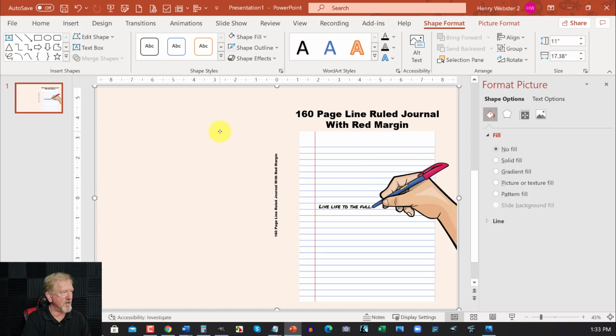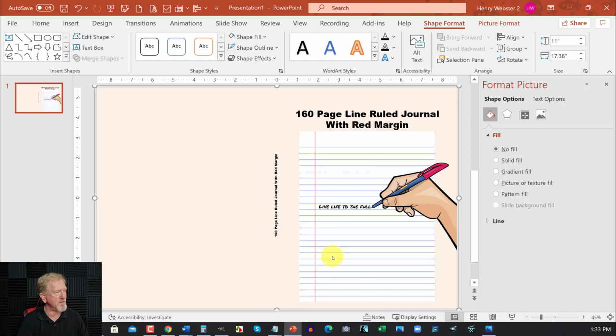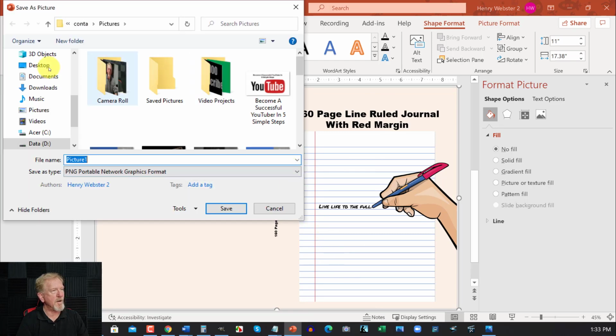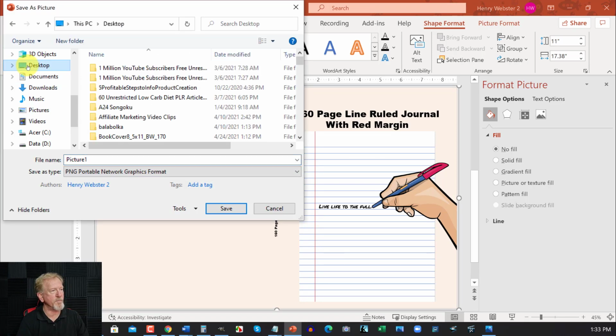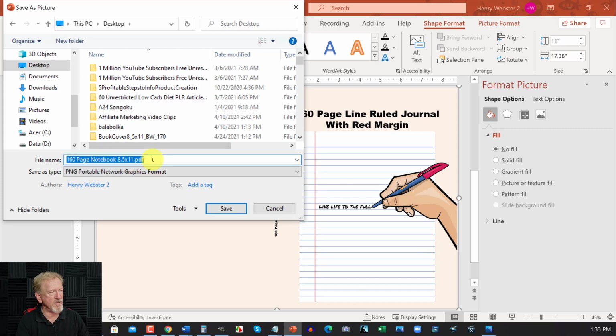Now what G does is it groups it all together. Now I'm going to click over the top of one of these things here, highlight over the top of it, and we're going to scroll down, right click, scroll down, and where it says Save as Picture, we click on that. And I'm going to do this to my desktop, and I'm going to call this one 160 page notebook 8.5 by 11, and we're going to get rid of the PDF section there